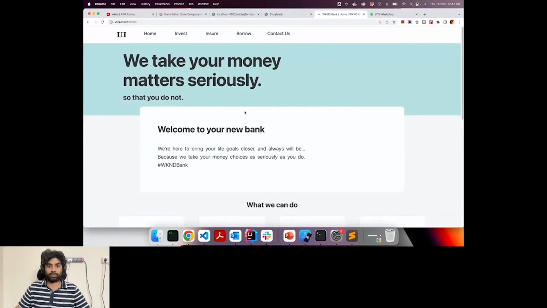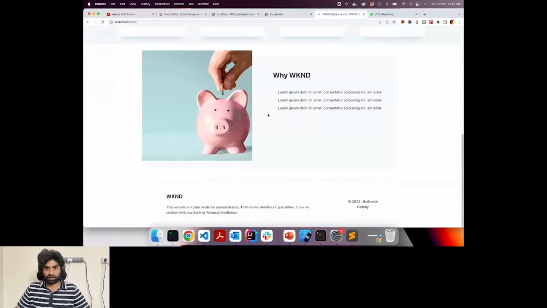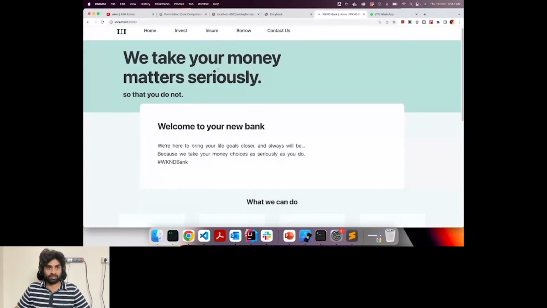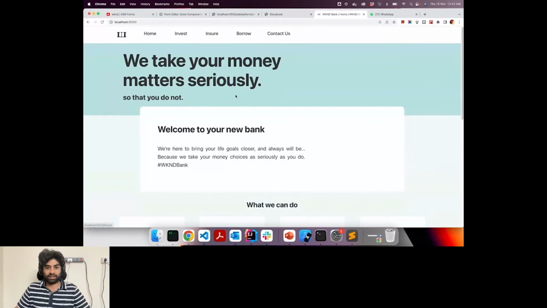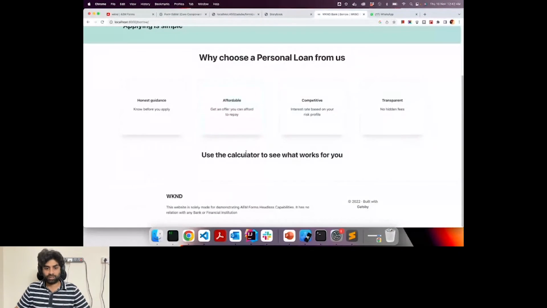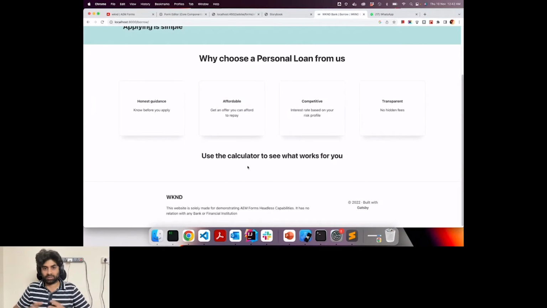So we have a Weekend Bank website, and it has created this website. Now in their borrow page, they wanted to add a loan calculator so that their customers can come and see the EMIs, or whether they should go with Weekend Bank or not.